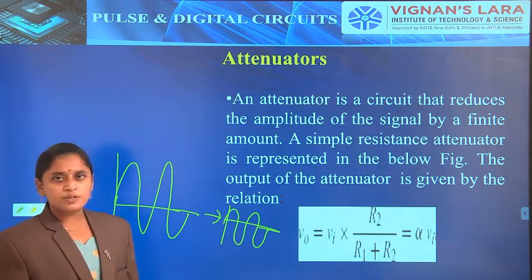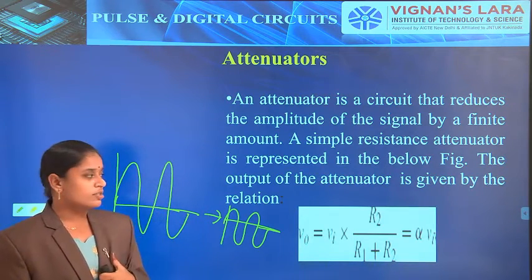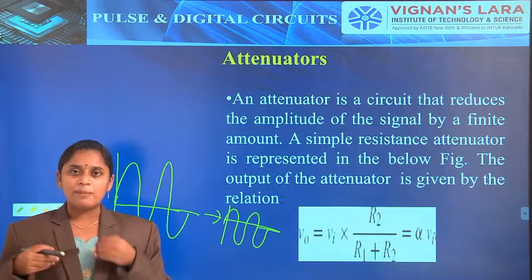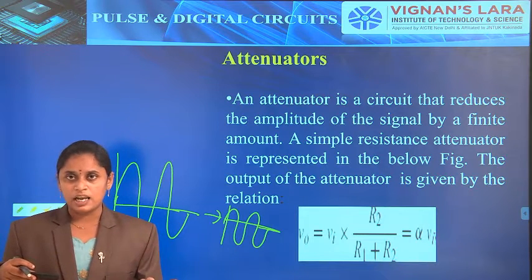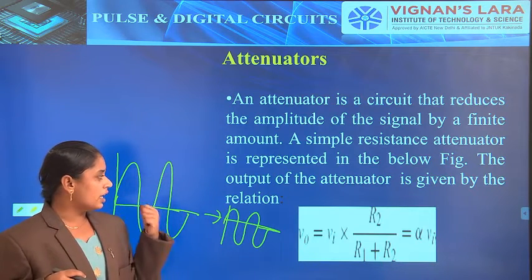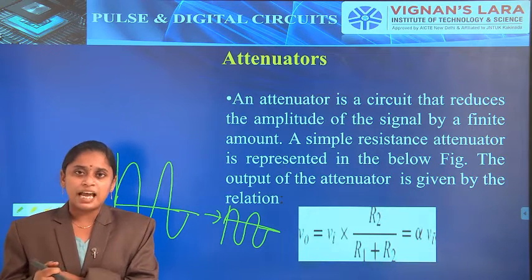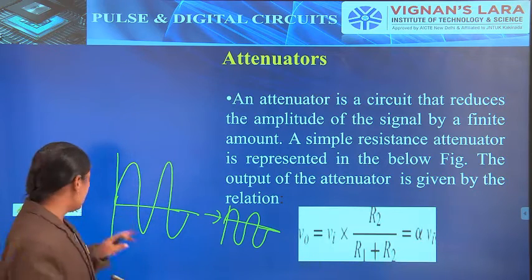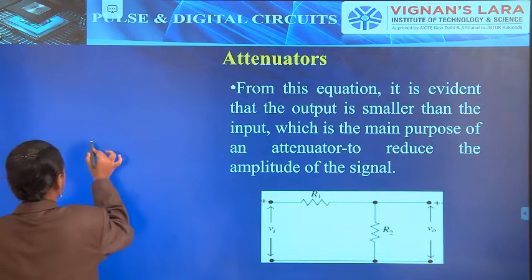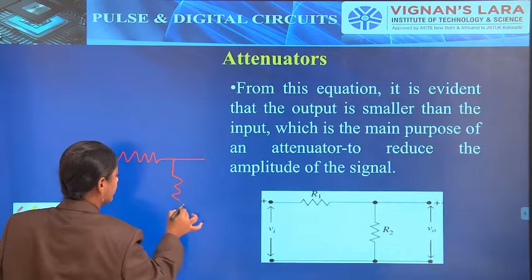Generally, attenuators are used in transmission, nothing but the communication side. The attenuator is the reverse process of the amplifier: the amplifier increases the amplitude of the input signal, but the attenuator reduces it. This is the main thing about the attenuator. The general attenuator circuit is designed with a resistor combination itself. Here the diagram will be like this, consisting of resistors R1 and R2.